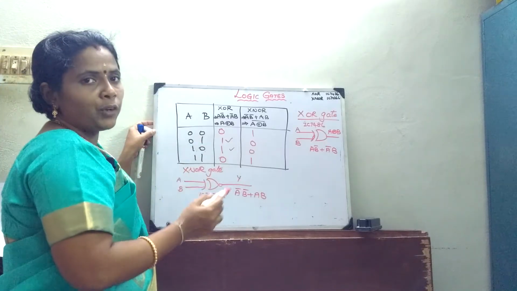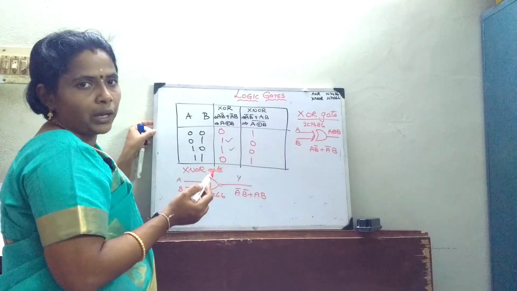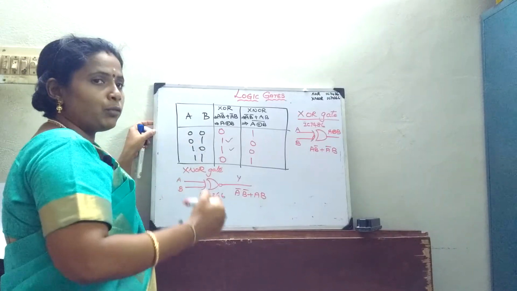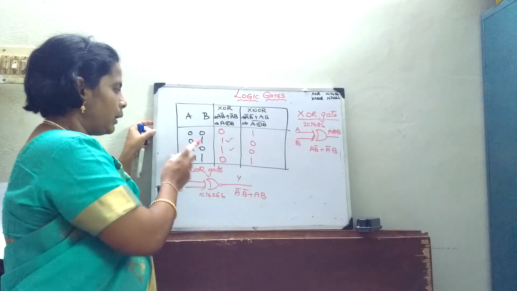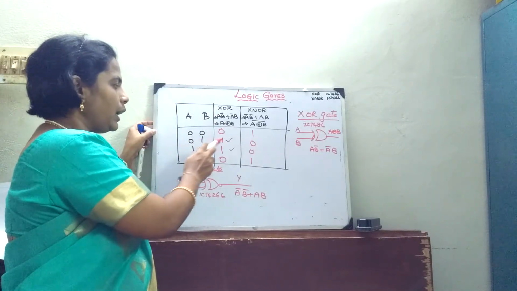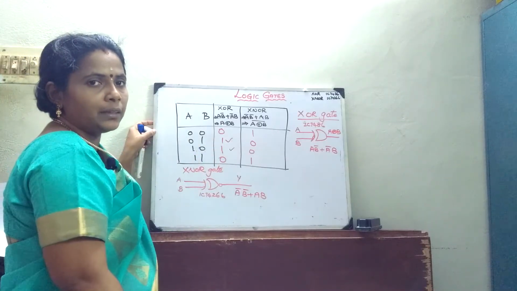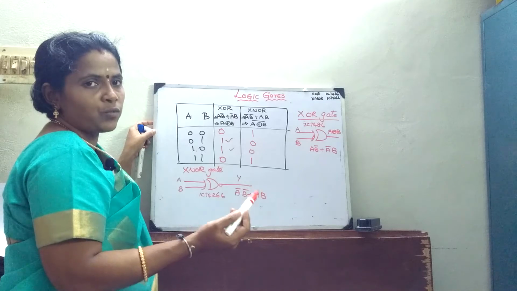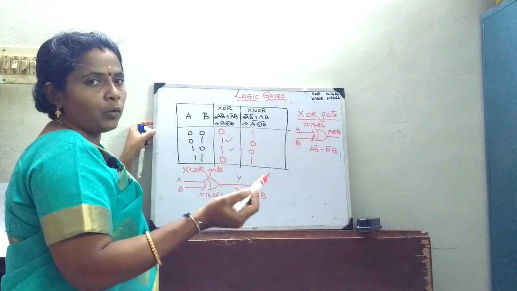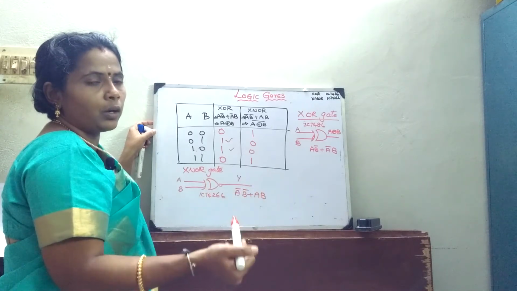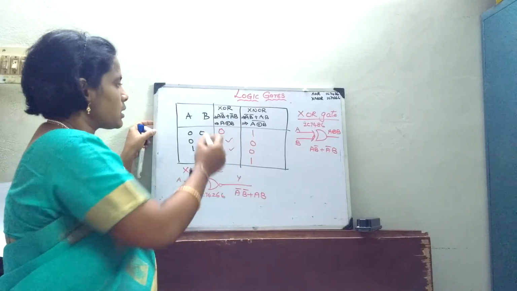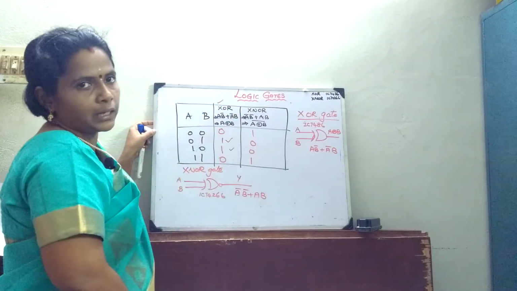A general example for your XOR gate will be staircase wiring. Suppose I have a two-way switch at the top and the bottom. I can switch it off from either way. The light will glow as per my convenience. I can put the light on the ground floor, I can come for walking on the first floor, and the light will glow. Suppose while you are going, instead of going down and switching off, you can switch it off there and come. So that is the advantage of your XOR gate.